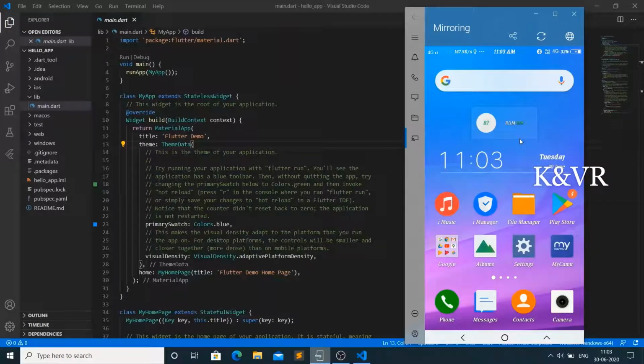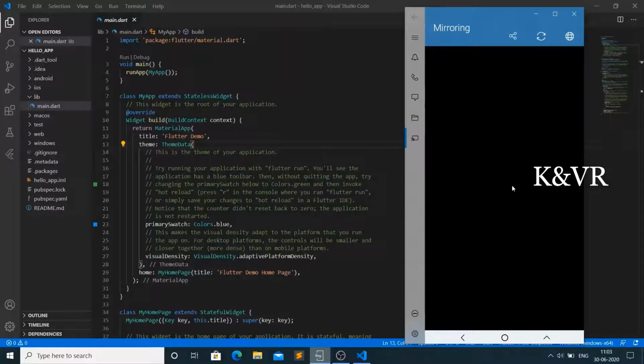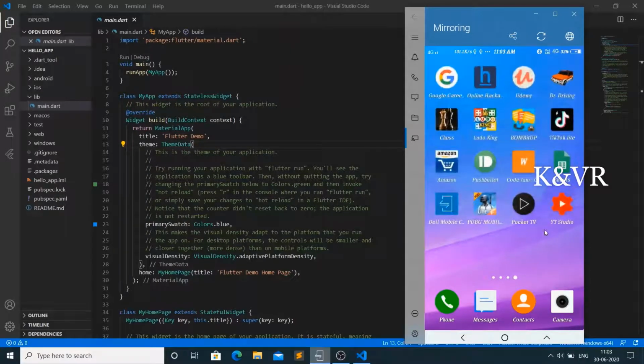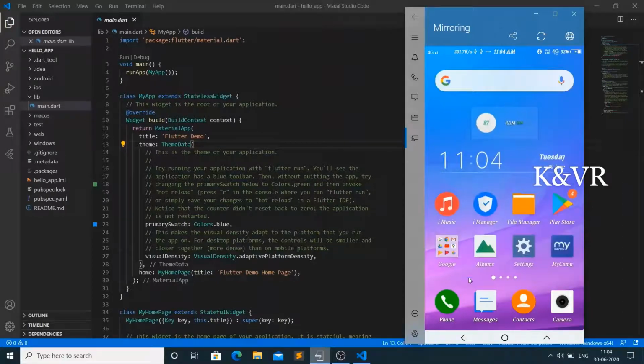You can see your mobile here. Just see here and go through.